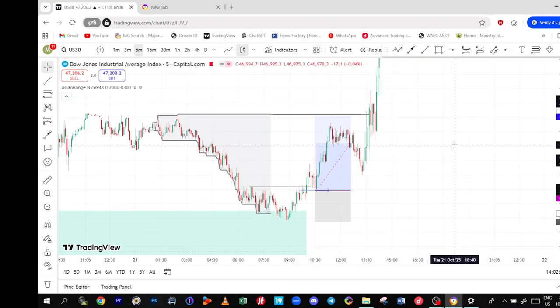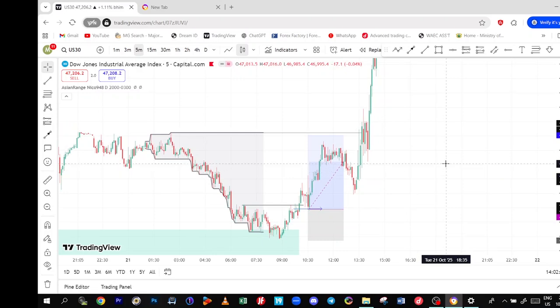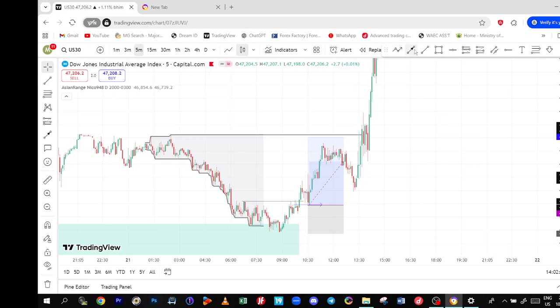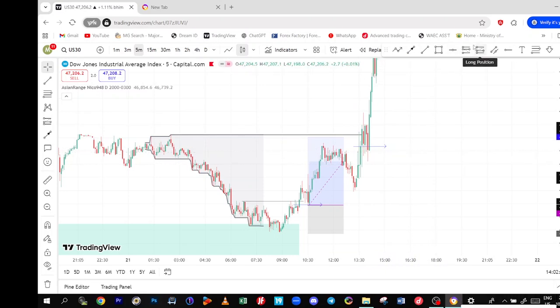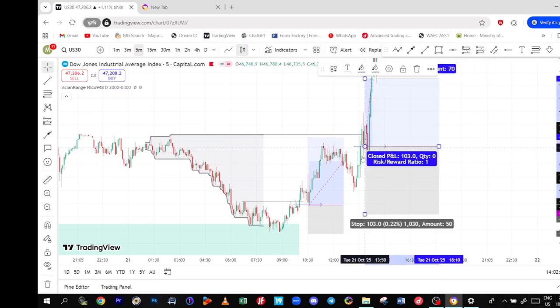If you know the story of the market, every small detail becomes very, very meaningful to you. So here, the market took the Asian high. Now you will also be buying from what? The absolute block that took the Asian high. So here will be your entry with your stops